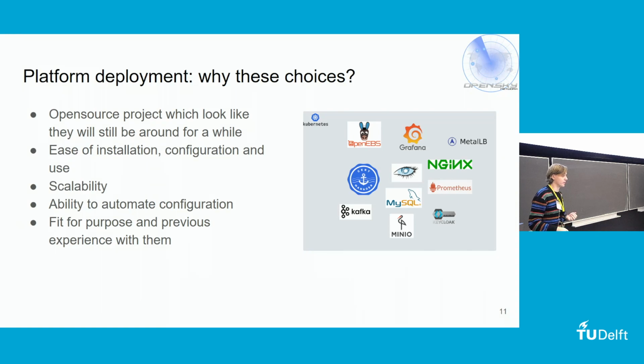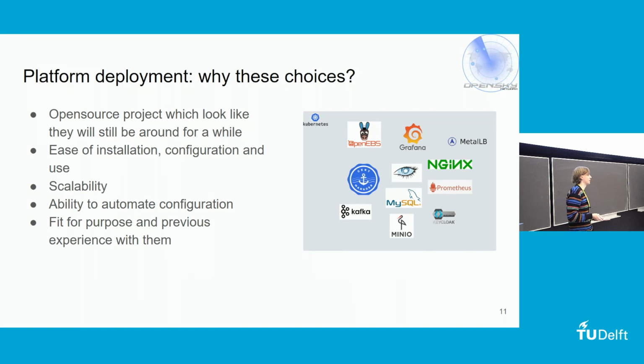Why we chose to do it like that? Because those components are open source projects which look like they will be around for a while, so they are well maintained. These are easy to install, configure and use. They are scalable because we start small, but over time we plan to grow quite big. And they have the ability to automate the configuration,